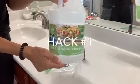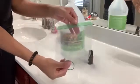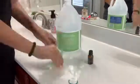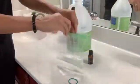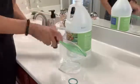So this first cleaning hack is how to clean your shower head. You're going to need some white distilled vinegar, some essential oil, a Ziploc bag, and some type of tie. So just add a little bit of the vinegar in your Ziploc bag. I did not measure this out, but you can. I'll probably say use about a cup and a half. Add a few drops of your essential oil, which is optional, and then just place this over your shower head